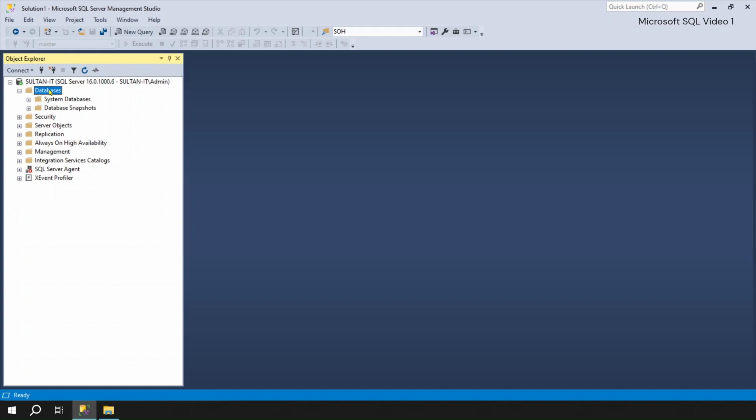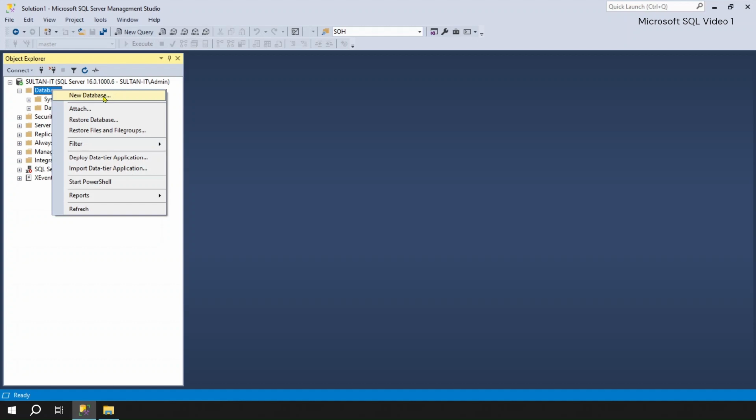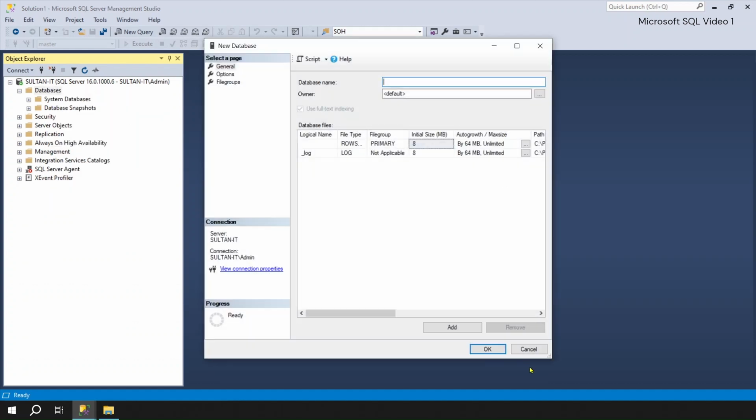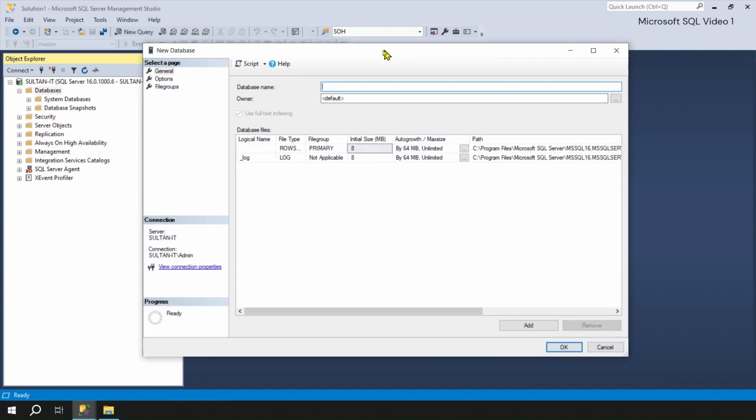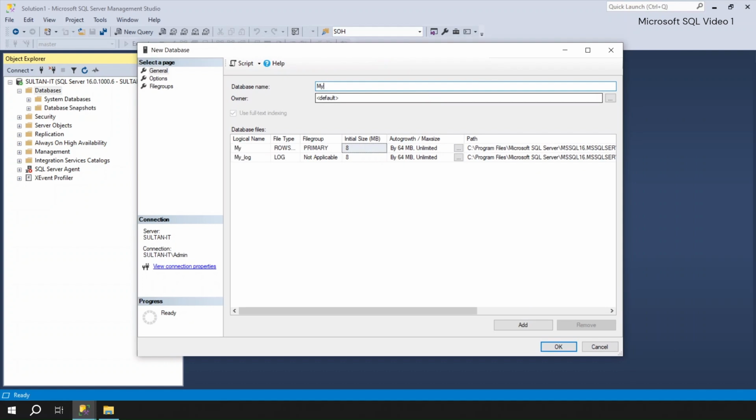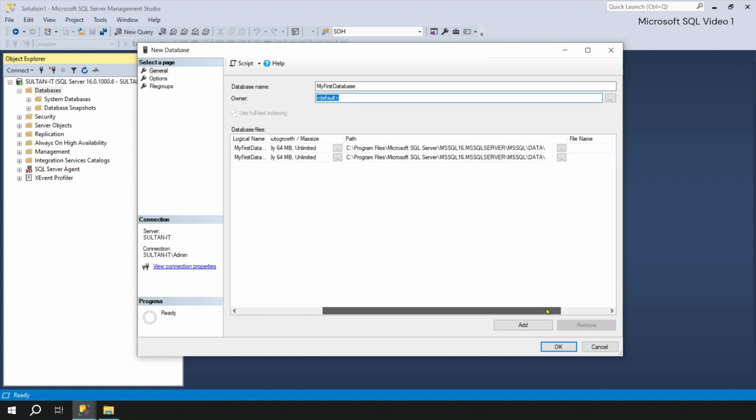Let me show you how to create a new database. Right click on databases and say new database, and here you can give your database a name. Let's say my first database, and then you leave these just by default, and this will be your